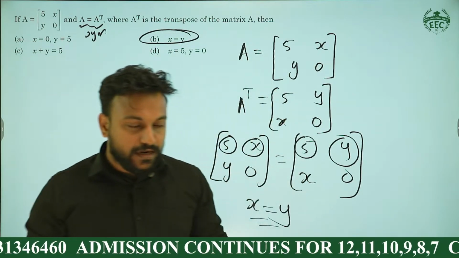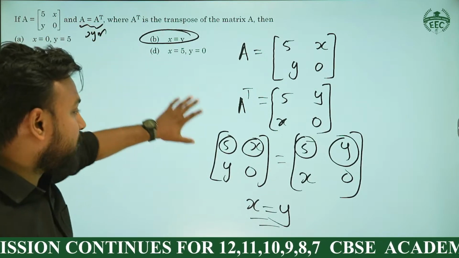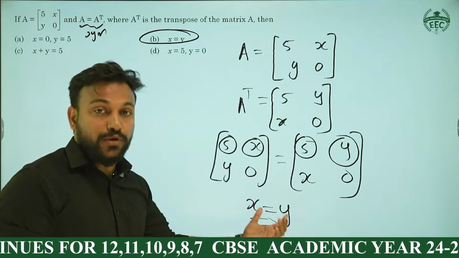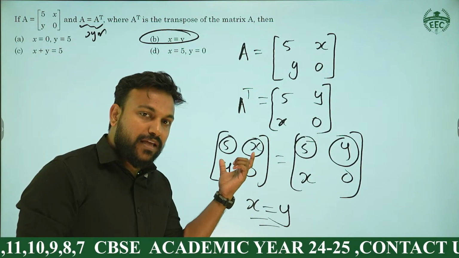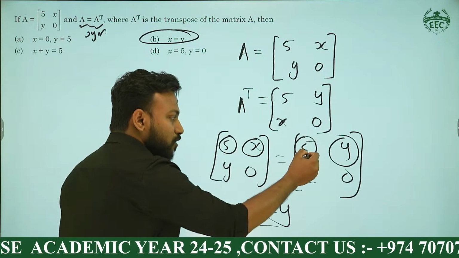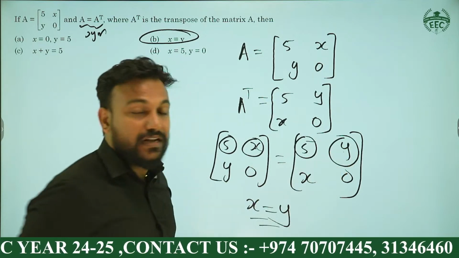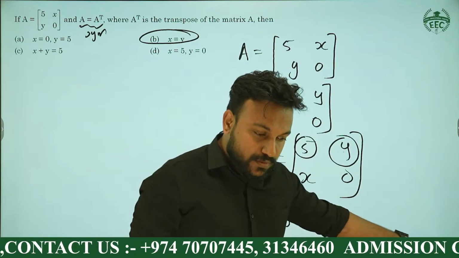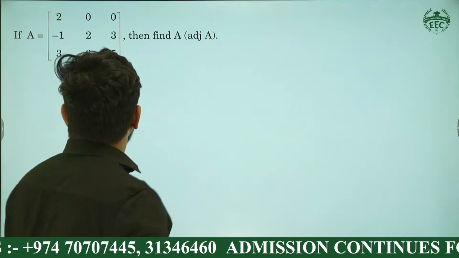All good? Is there any confusion in it? It's a simple question, because A transpose is equal to A, then we have to find the relation between x and y. Here the relation between x and y is x equal to y. The logic is if two matrices are equal, then the corresponding elements should be equal. This should be equal to this first element. The second element in the first row should be equal to the second element in the first row of the second matrix also. Okay, shall we move to the next one? Is there any confusion with this question? Okay, so the next one is